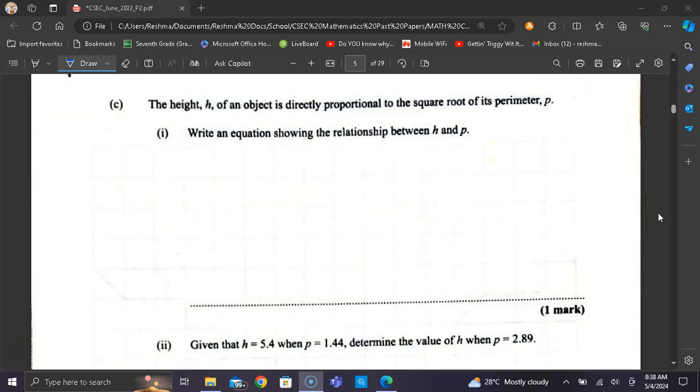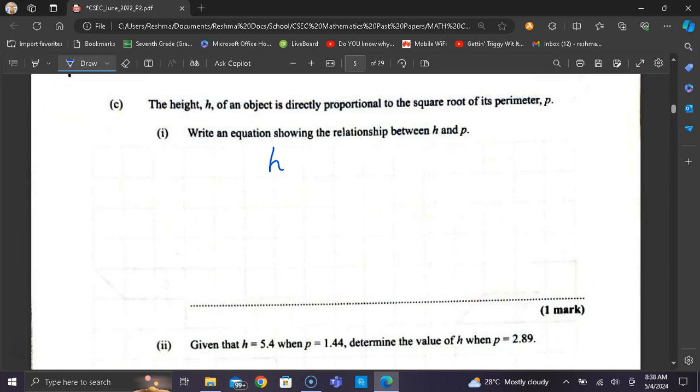So this question says the height h of an object is directly proportional to the square root of its parameter p. Part 1, write an equation showing the relationship between h and p for 1 mark. So let's directly translate the first statement. We have the height h